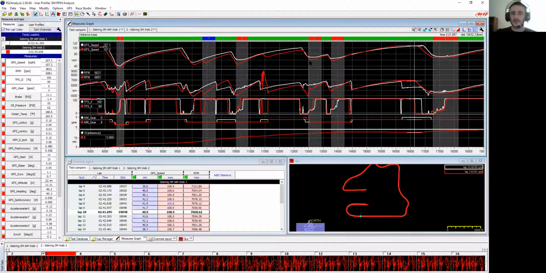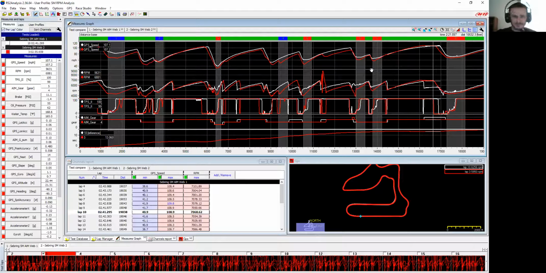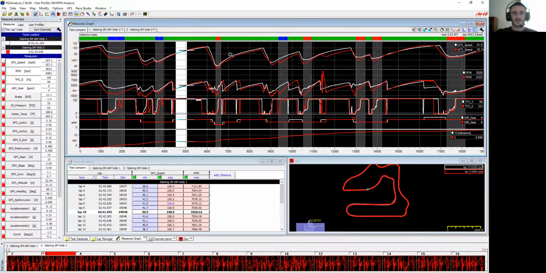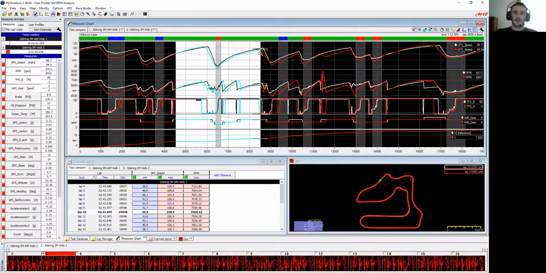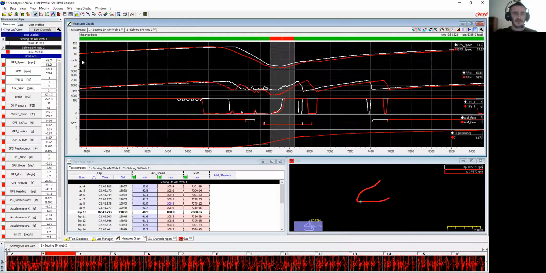So really, really cool tool to use here in the RPM channels. We talked about upshifting. I want to talk a little bit about downshifting. Let's zoom in here. We're going to zoom in to turn 7 at Sebring. If you've driven Sebring, you obviously know what corner this is. It's very slow,